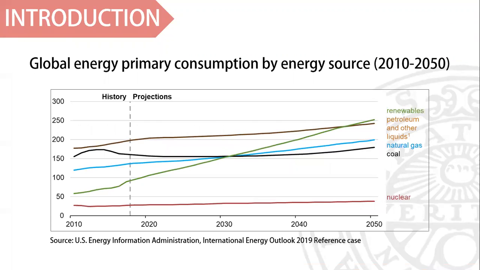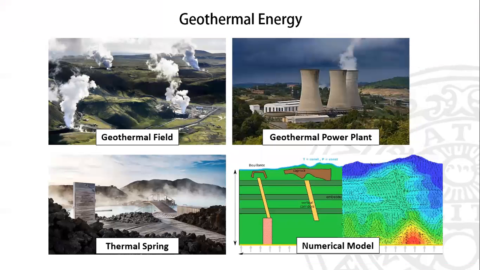Global energy consumption is projected to increase in the future, including renewable energy, particularly geothermal energy. It is presented as a green line in this graph. Geothermal energy has been used as a thermal spring, for building heating, and notably to generate electricity. In order to keep exploration costs low, numerical modeling is used as a fundamental tool to predict the potential of a new